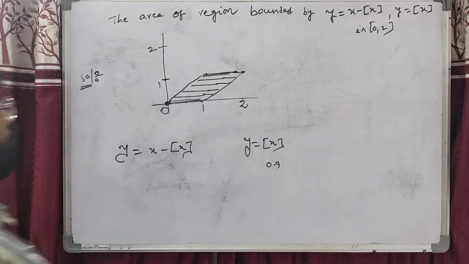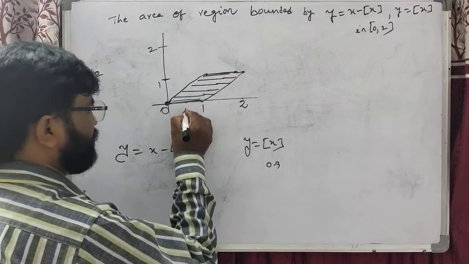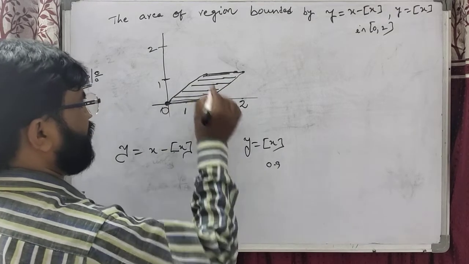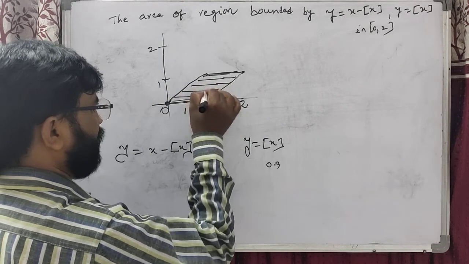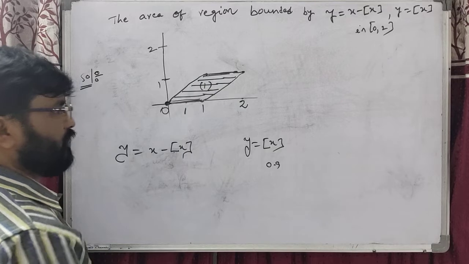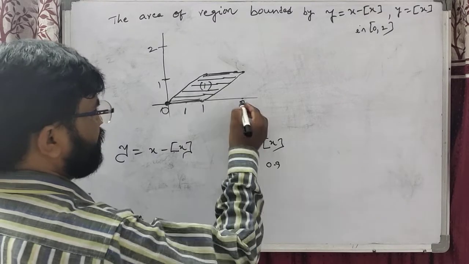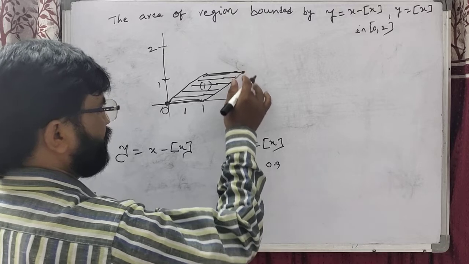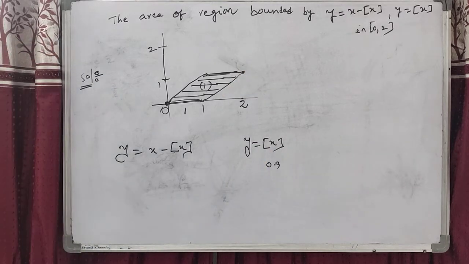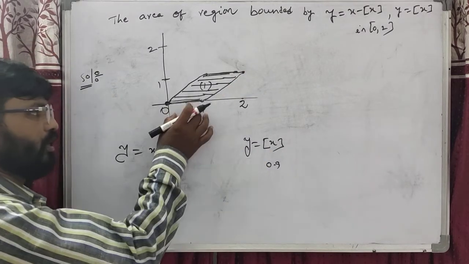So how to write, students? This is the distance 1. So what is the height here also? The height is also 1. We have to know that this is the point (2, 1). Therefore the height is also 1. We have to know that height is 1, base is 1.